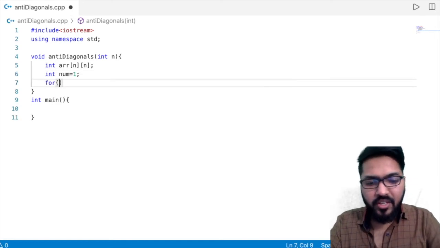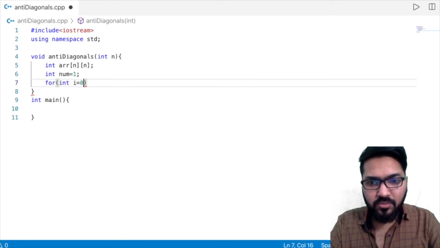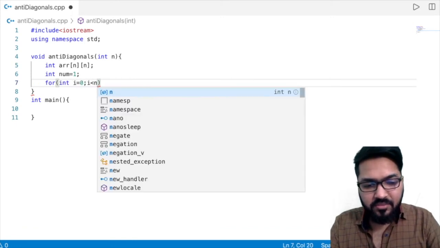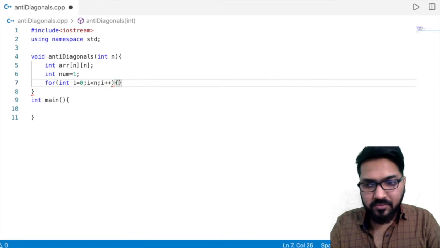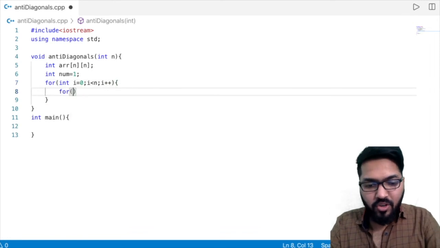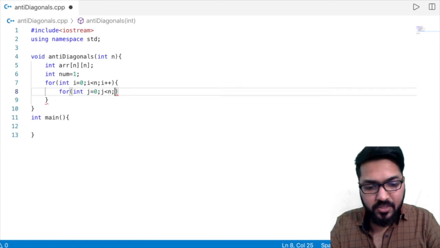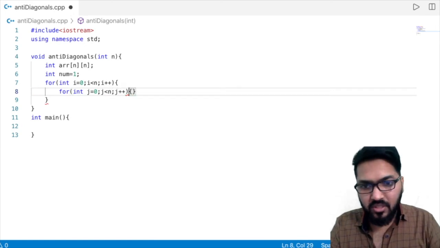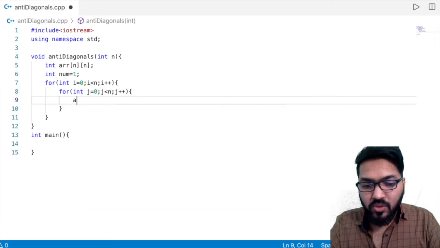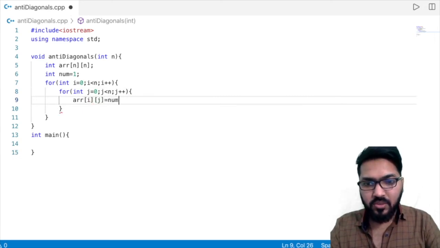So for int i is equal to 0, i less than n, i plus plus. For int j is equal to 0, j less than n, j plus plus. So arr ij is equal to num plus plus.